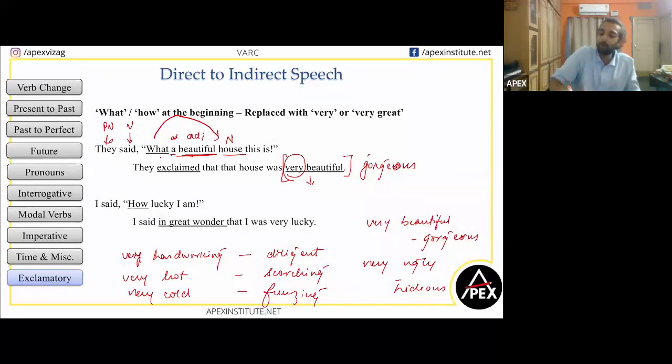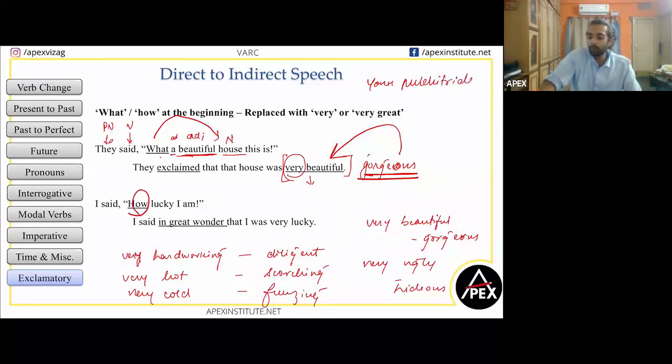All right. So if I said how lucky I am, again, I'm using this how as an exclamation. Will it be okay if we change the original adjective? As long as the word you're changing it with is still representing it, it's okay. For example, if I change that beautiful by using gorgeous, it still is the same sentiment. It still is the same emotion, right, Gayatri? For example, if I were to say that you are the most beautiful woman I've seen in my life, I could simply say that your pulchritude is unparalleled.